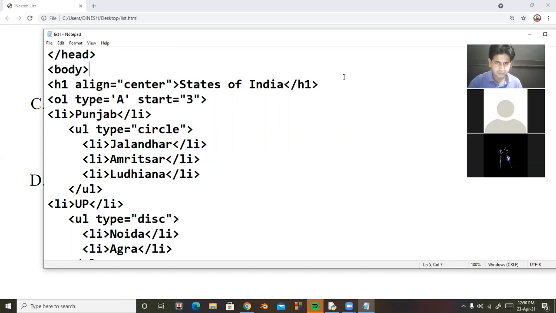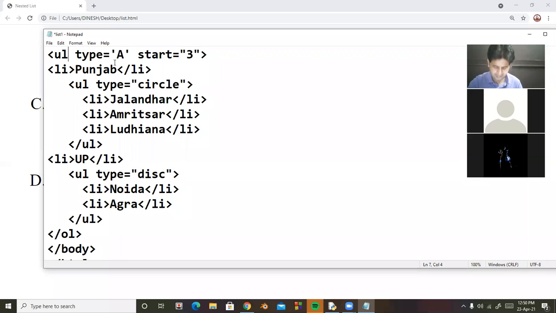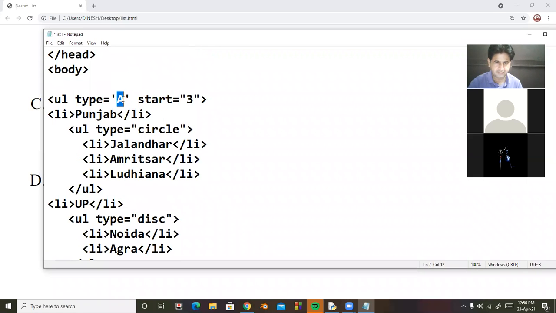So now I am again going to discuss another example. Look at here. I take first unordered list UL. Then I take type is equal to disk. There is no start attribute of the UL tag.